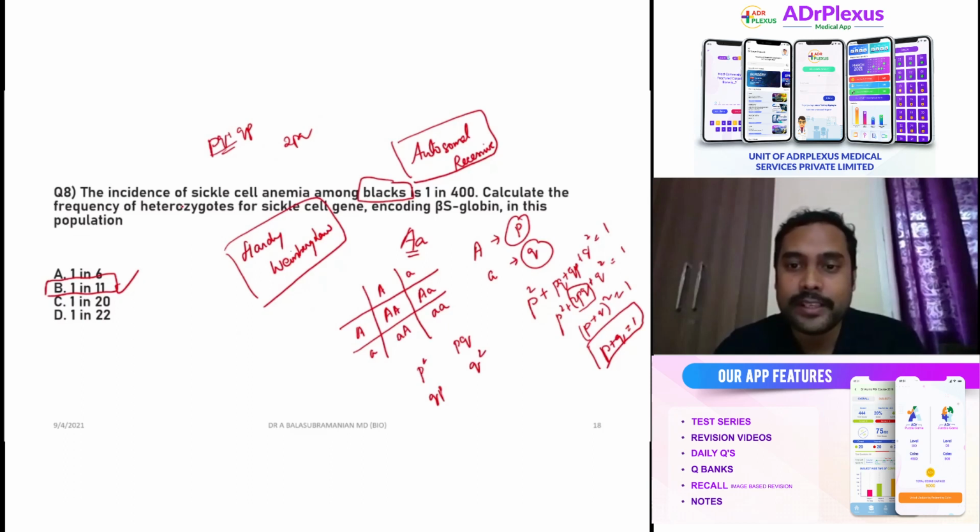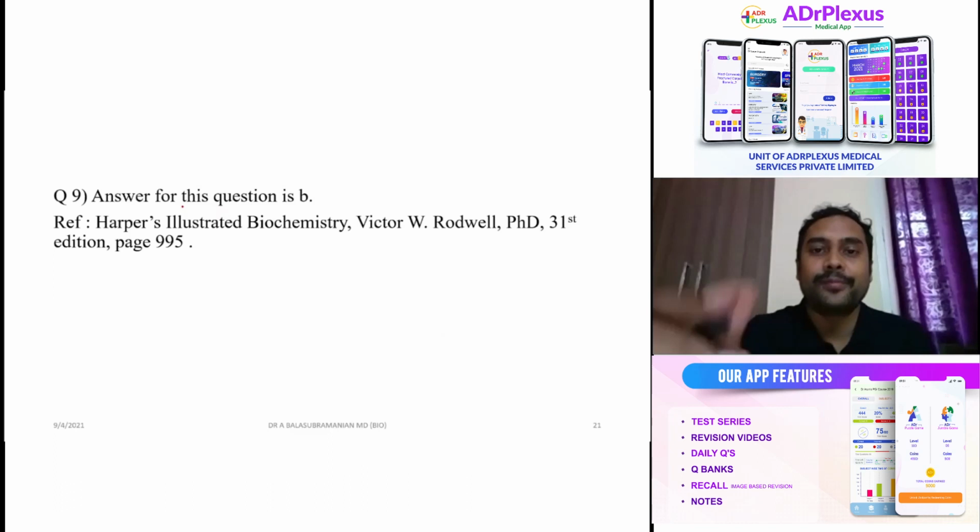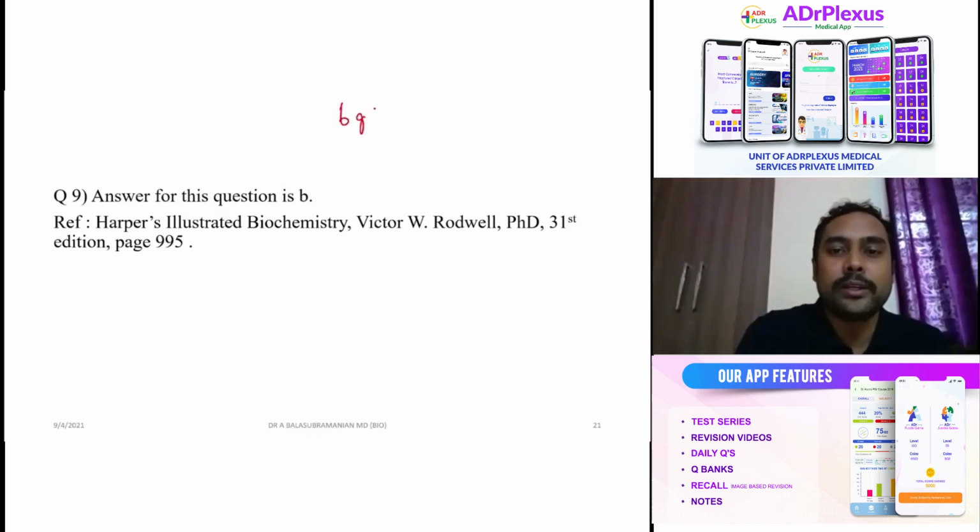Okay, so go back and read. This is all classic USMLE questions. From this year onwards, I'm expecting these questions to surface in Indian exams also. Okay. All right, very nice. Based on the carrier data given, which is the most likely mode of inheritance for this disorder? Autosomal recessive, autosomal dominant, X-linked recessive, X-linked dominant, mitochondrial. 5 options are there. Okay, let me give you 6 golden rules